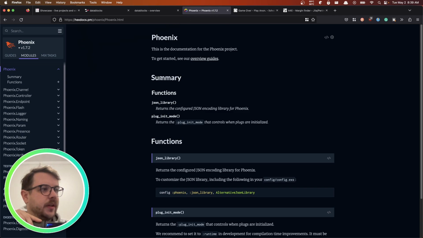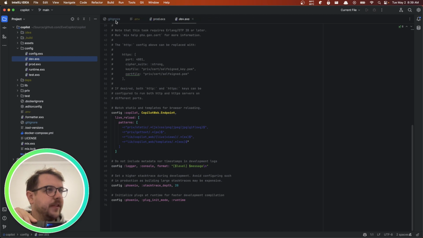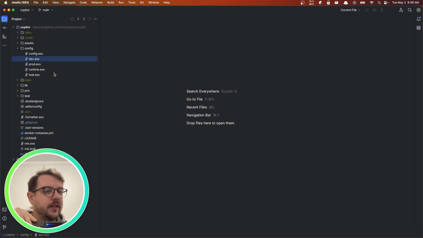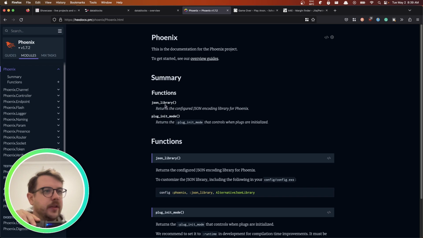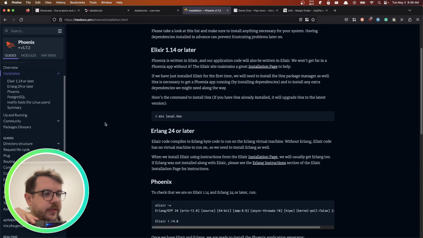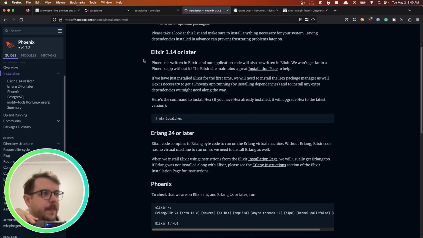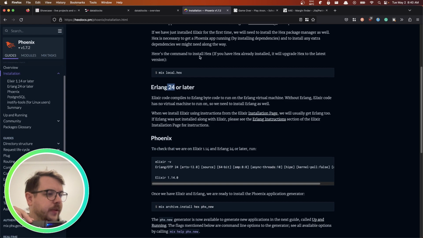So, where are we at? I literally just started. What we have here is essentially what you get by running through the documentation and going through this install process. So we set up our Elixir environment. We're using Elixir 1.14. We're actually using Erlang 25, and then we install Hex,